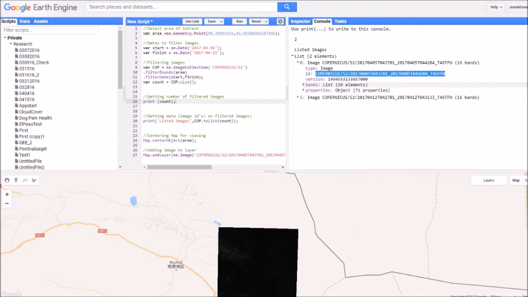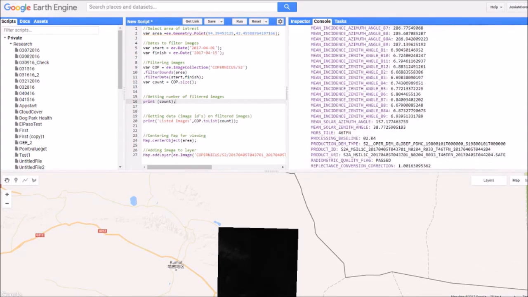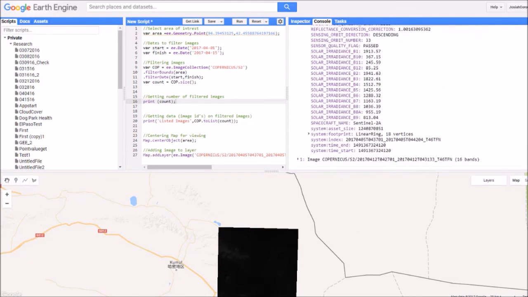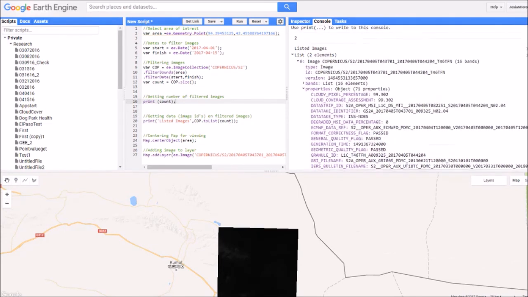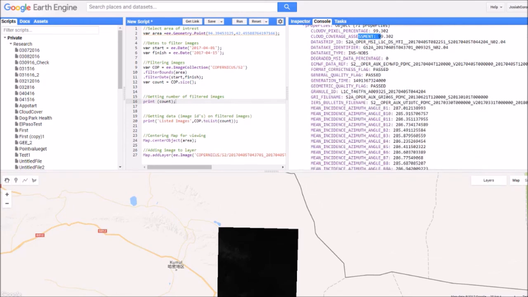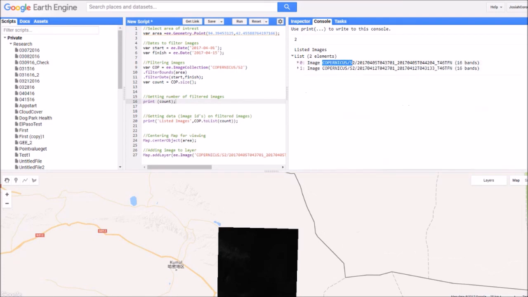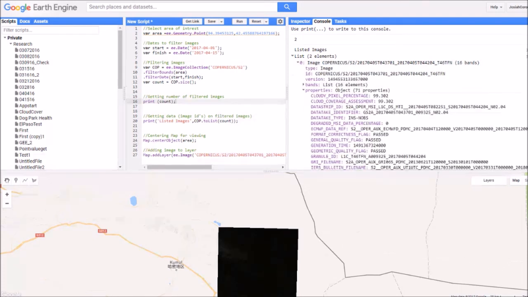The next thing I wanted to show you is this properties tab right here. This goes to what we were talking about, the cloud cover values. Here is where you'll find all of the values that Landsat has attached to this image. So this gives our cloud pixel percentage, this gives our cloud coverage assessment, and each of these has metadata associated with it, and all you need to do is go to usgs.gov and find the metadata for whatever image source you're looking at,